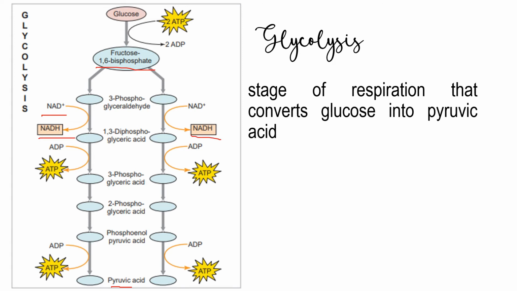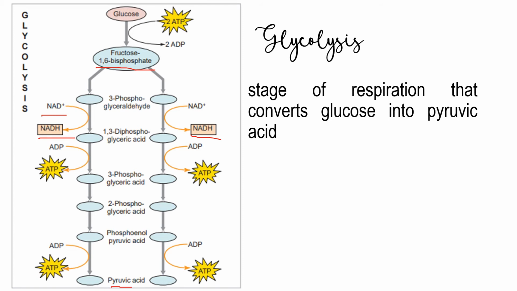So NADH serves as a carrier molecule to convey high-energy electrons to the final electron transport chain, where ATP is produced. The 2 3-carbon sugars next undergo a series of reactions, ending with the formation of 2 molecules of pyruvic acid,